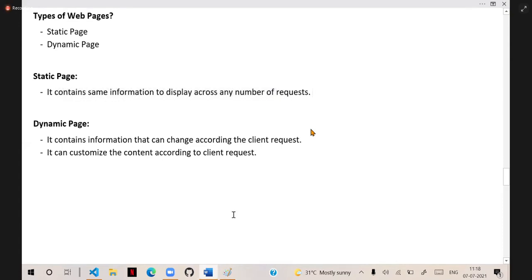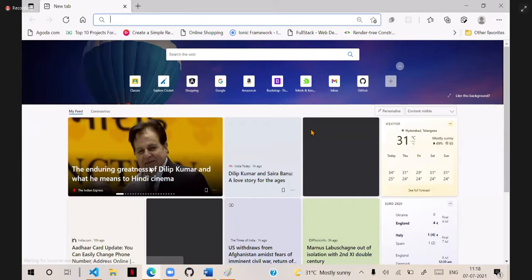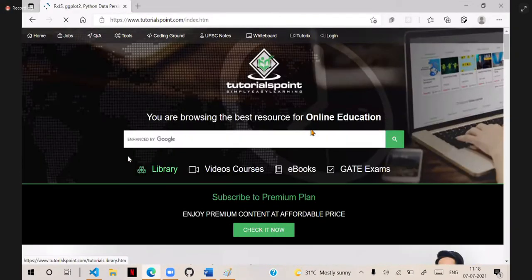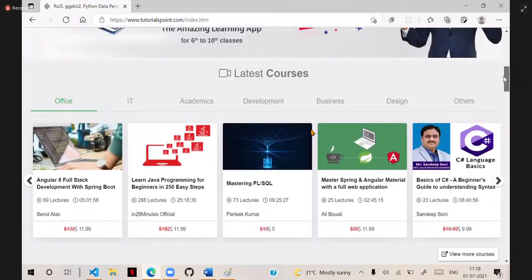For example, suppose I opened some website, some tutorial point, that is the website. Now, when I open this website, I got the screen.